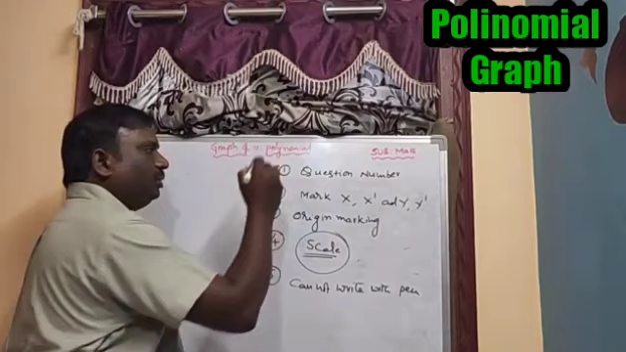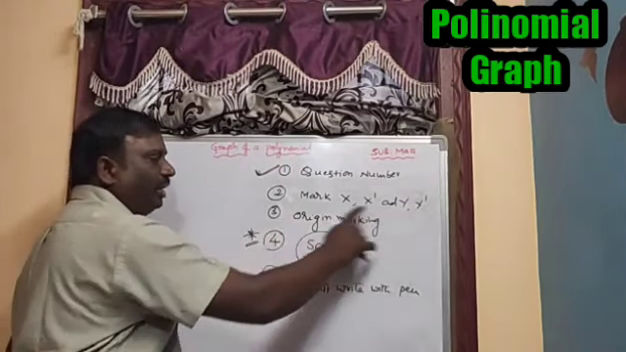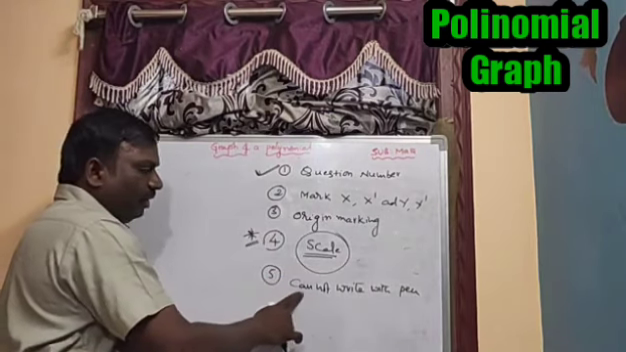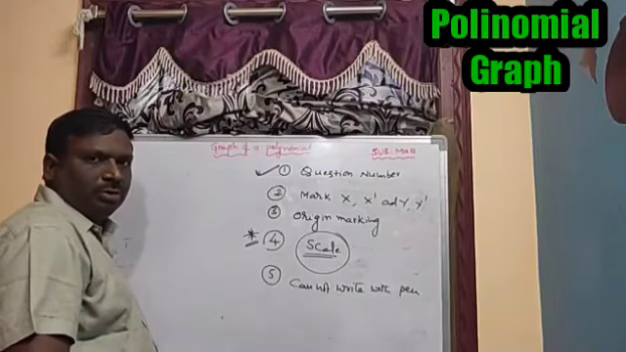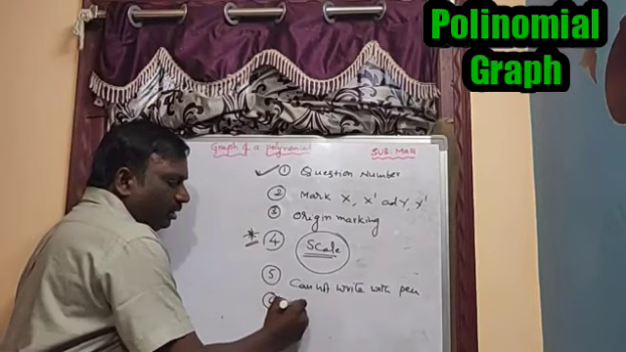Question number. Question number is very important. So marking of x dash, y dash, origin marking. Fourth one scale, and fifth one cannot write with pen on the graph paper. Okay. Next, sixth one is